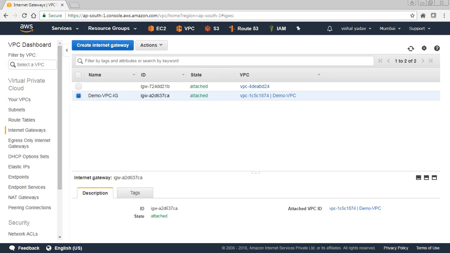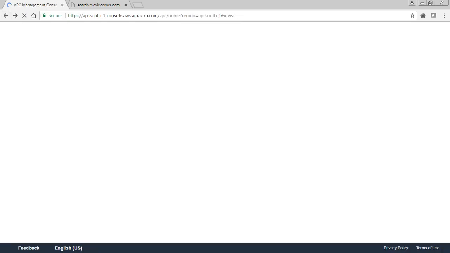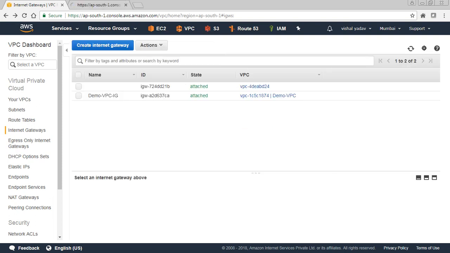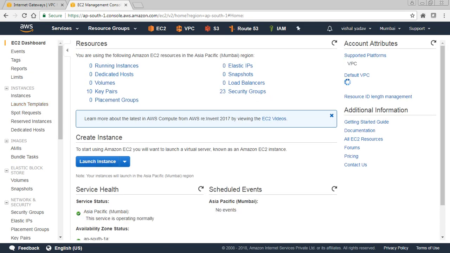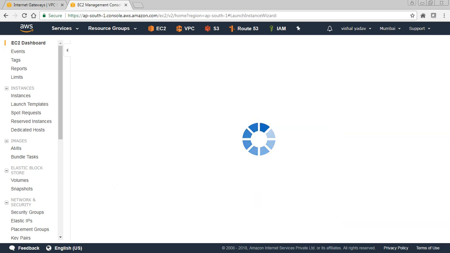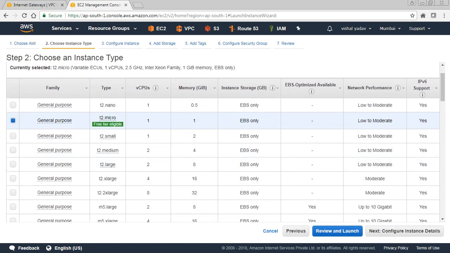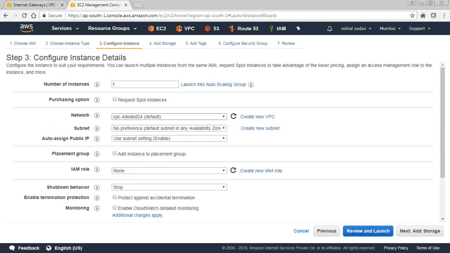So now we'll go to a service. I'll close it, and here is EC2. Open a new link. I'll go to EC2 and we'll try to launch a server here. Okay, so launch instance. I hope you guys are aware about launching an EC2 instance. I'll not go in detail. I'll rather quickly launch one instance. So the only thing here to mind is this network. Here we need to select is demo VPC,